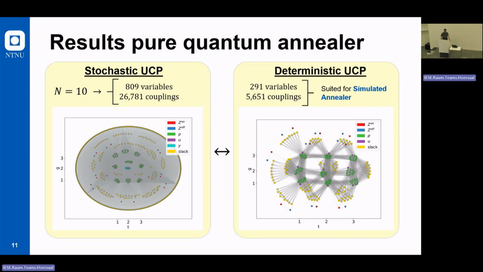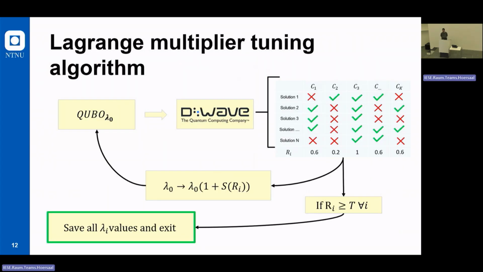So that's why when we tried with a pure quantum annealer, the solutions were neither feasible nor nice or optimal. So that's why we decided to go for simulated annealing. But we have to remark that whatever we are doing here with simulated annealing will be possible to be used in the future when the hardware has more connected topologies.